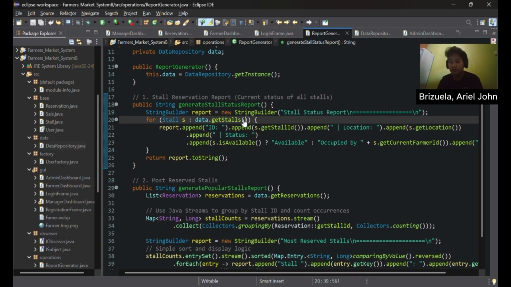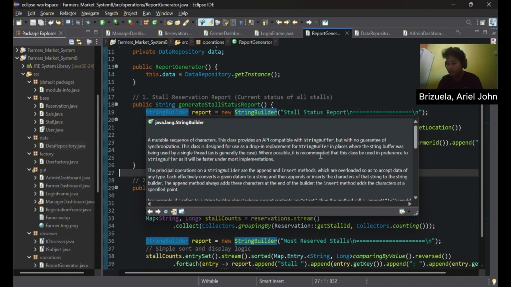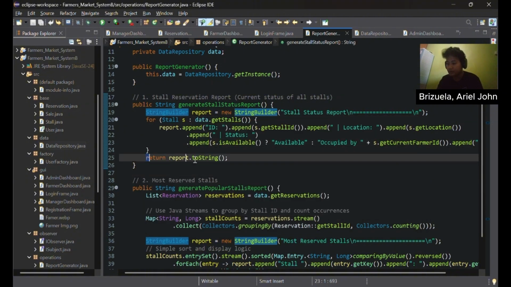Each stall is appended and added as a new line in the report, and then it converts the StringBuilder into a string and returns it.